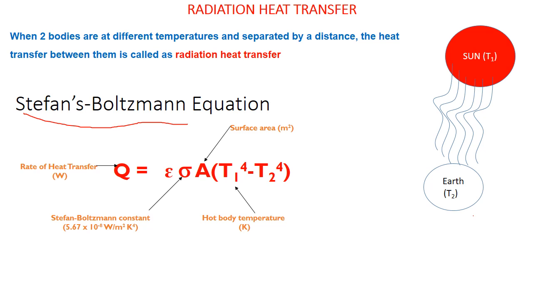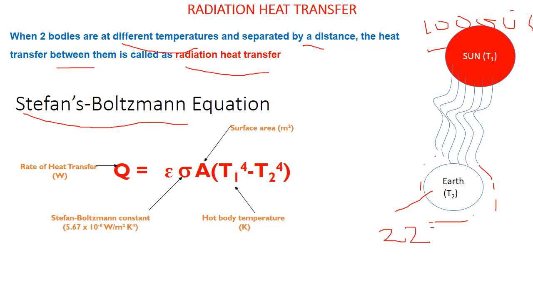When two bodies are kept at different temperatures, separated by a distance, the heat transfer between them is called radiation heat transfer. For example, the sun and the earth. The sun's temperature will be around 10,000 to 20,000 degrees Celsius. The global temperature of the earth will be around 20 to 22 degrees Celsius. So we are receiving solar radiation from the sun to the earth. Why? Because the sun is at a very high temperature and the earth is at a lower temperature. Because of the temperature difference between them, we are getting the radiation in terms of